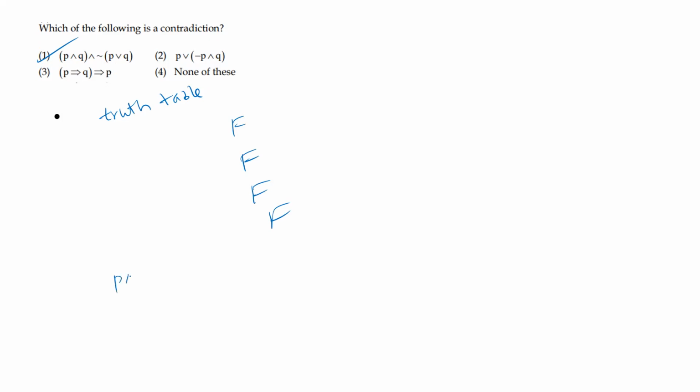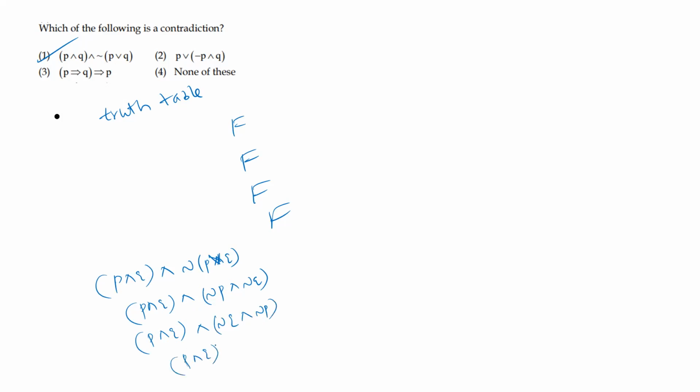Otherwise, we can do it like this: P and Q and negation of P and P or Q. P or Q, P and Q, and taking the negation inside, what will we get? Negation P and negation Q. So the and symbol, whatever notation we take, no issue. We can change the order also. What will we get? P and Q, and changing the position, negation Q and negation P. Now by changing the brackets, by the associative law, what will we get?